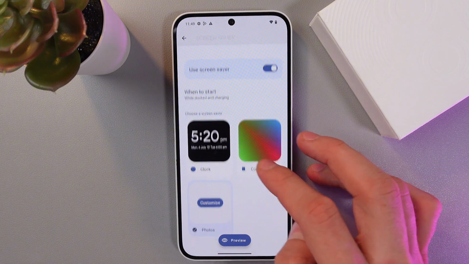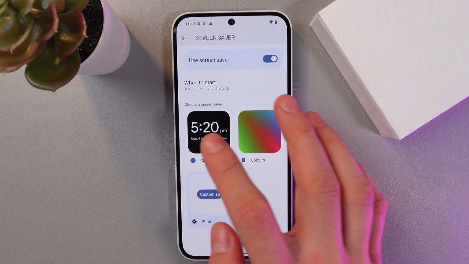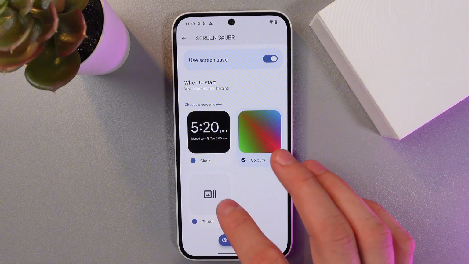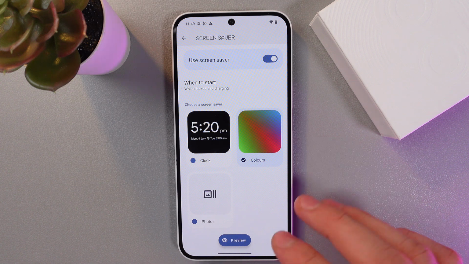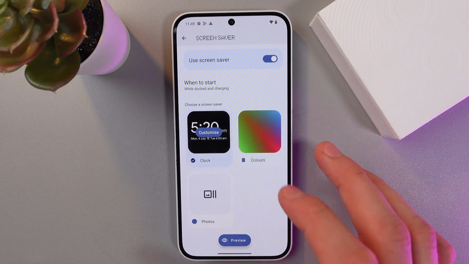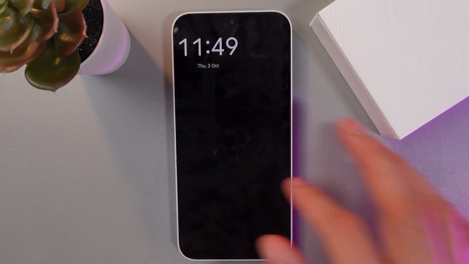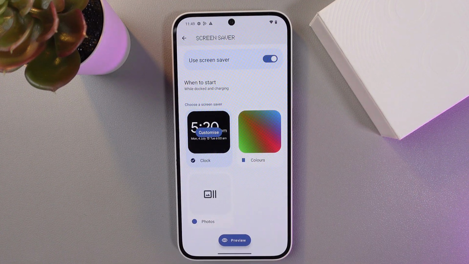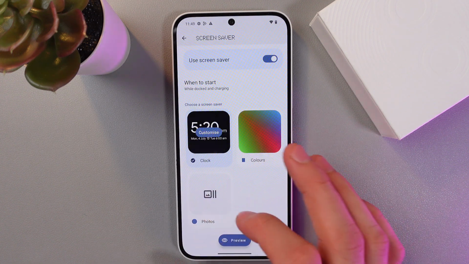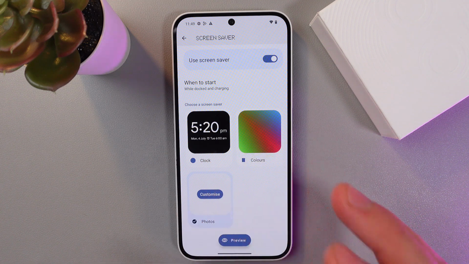Now you've got a few presets. So for example, clock, colors, photos, right? You can choose one of those, for example, clock, and tap on preview to see how it will look. All right. If you want to use your own photos, tap customize here and choose them from your gallery or